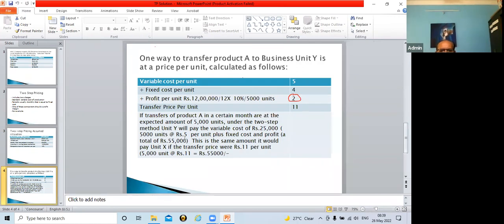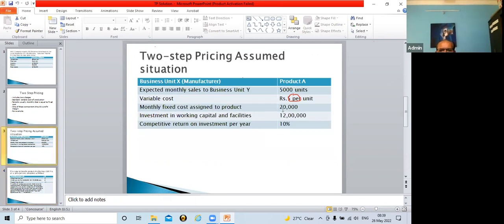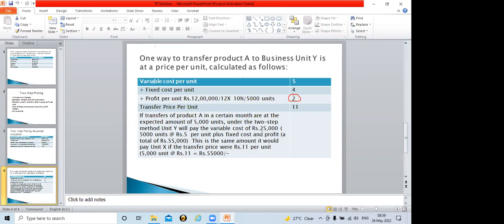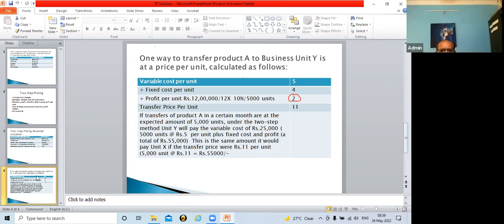Right? And fixed cost is 20,000. Right? Look here, monthly fixed cost 20,000. 25 plus 20, 45,000. And profit, we have calculated that